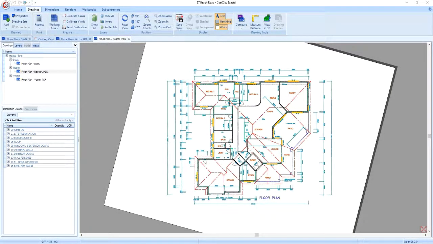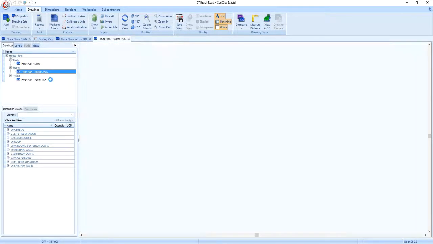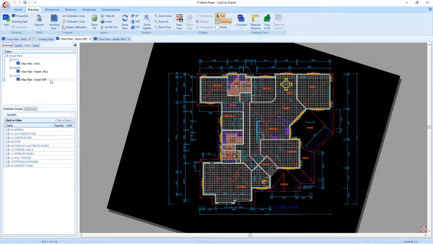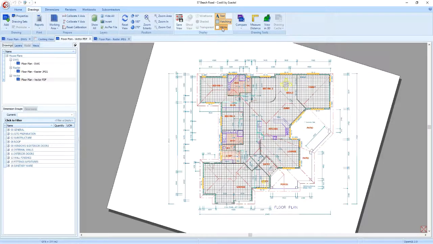Before starting a new takeoff, we have the option to display the scale and calibration factors of each drawing if required, helping identify those that may not yet be set correctly. Let's take a look at our vector PDF file. If you're finding it difficult to see specific lines in the drawing, it may be helpful to change the background from black to white. We can check that the drawing is set to the correct scale by clicking on the